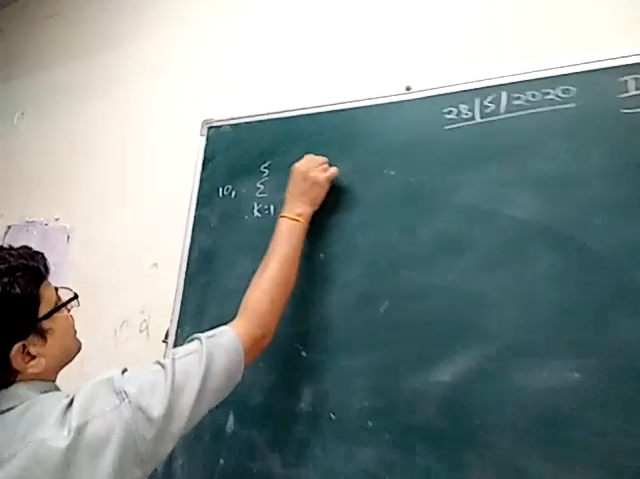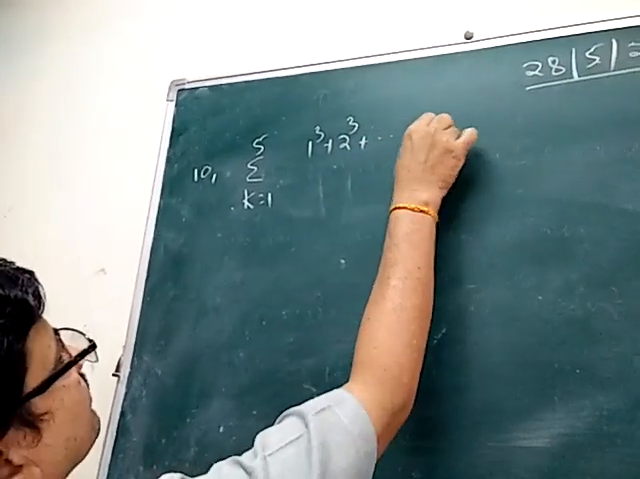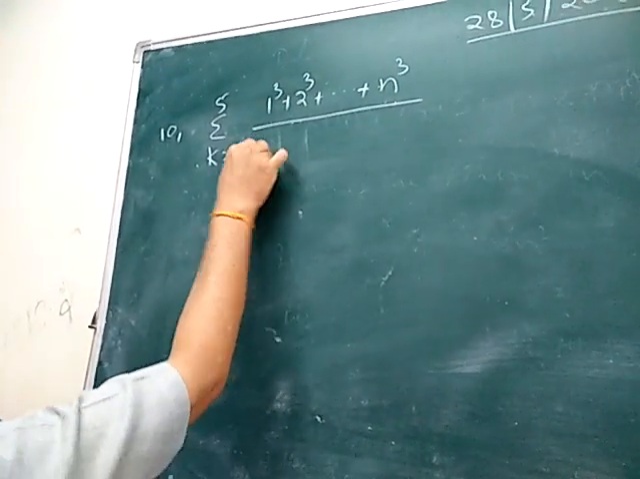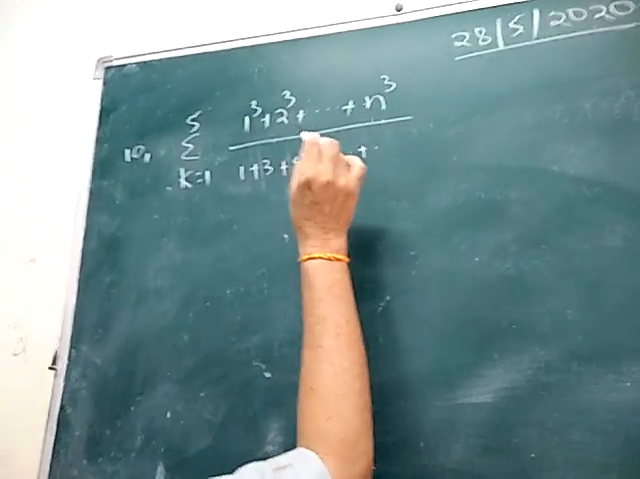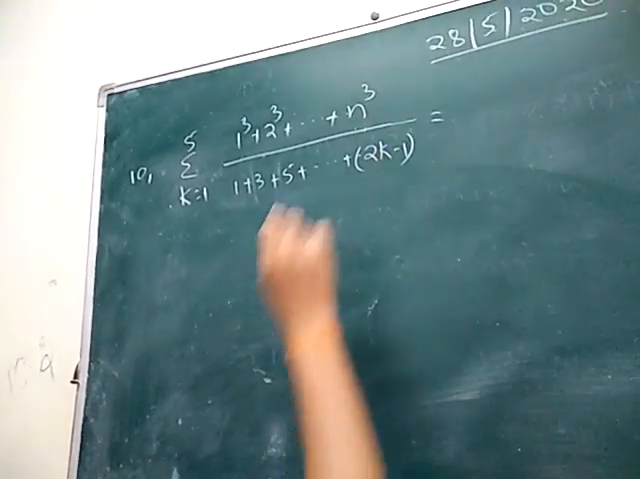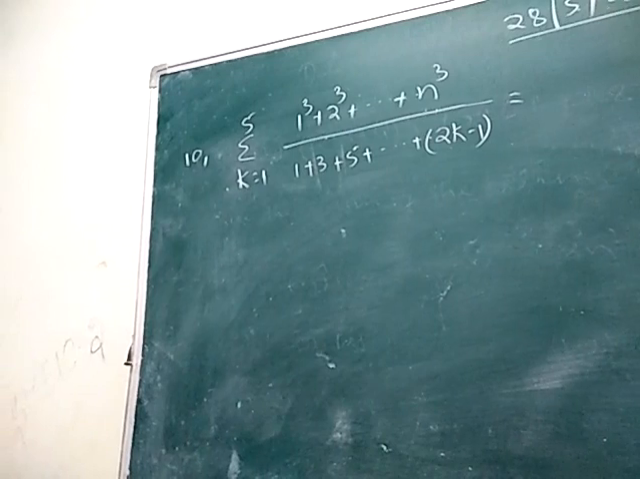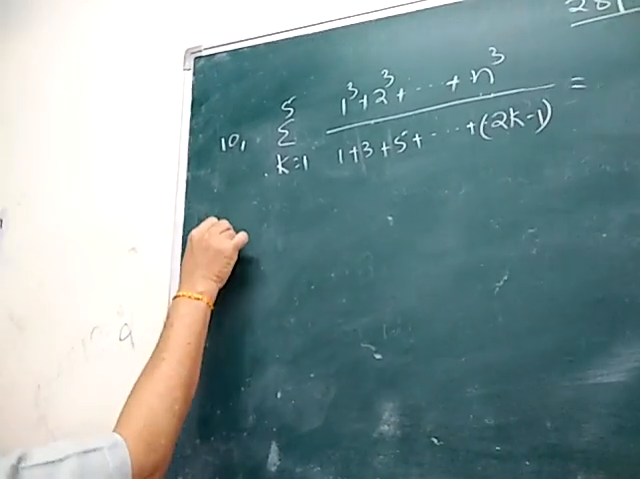1 cube plus 2 cube plus so on plus n cube, all divided by 1 plus 3 plus 5 plus so on plus 2k minus 1, is equal to... answer is